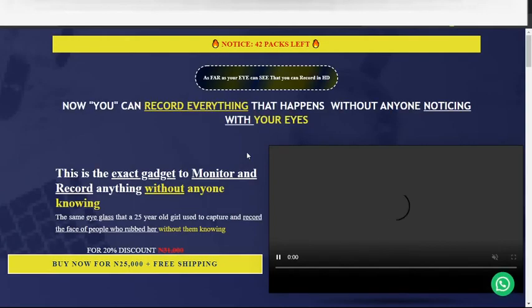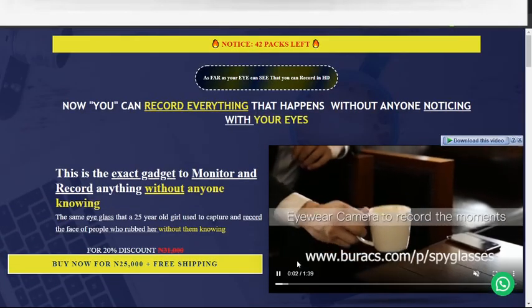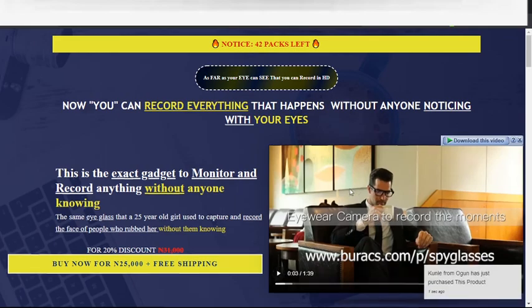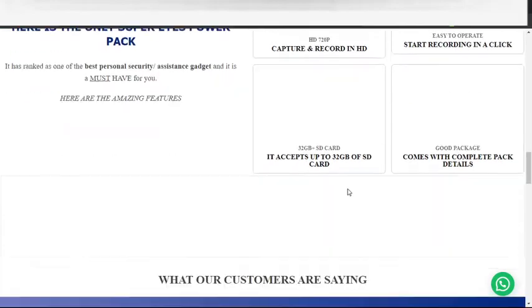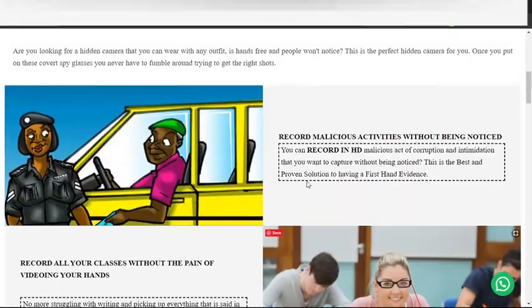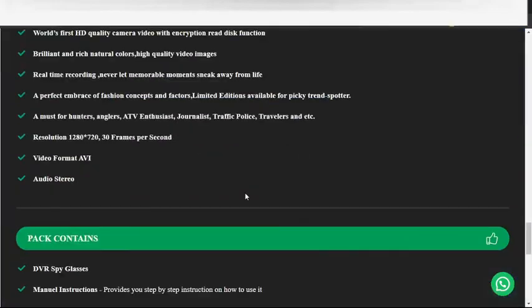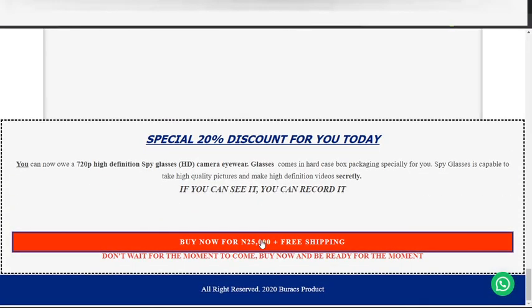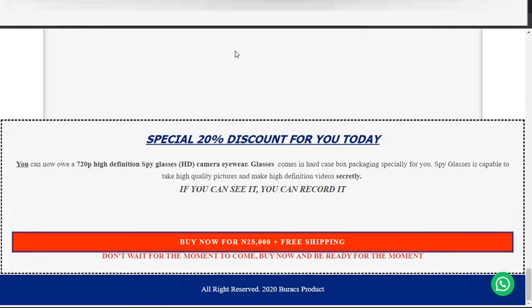Okay, so this is a product. Let me pause this, please. This is a real life example. I want to just show you an example. I interfaced this product with a driver architect, then with Cartflows. So let's click on this. This is the sales page with all of the copy and everything that is there. Now, once you click on the buy now, which includes the free shipping, it's going to take you straight